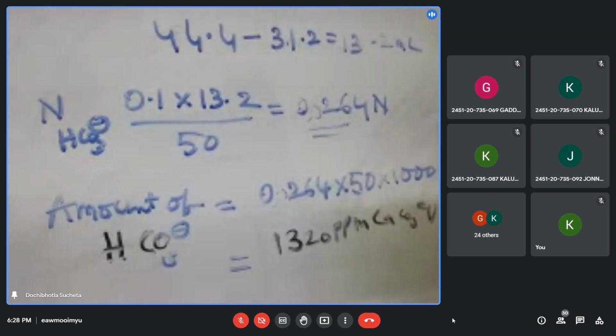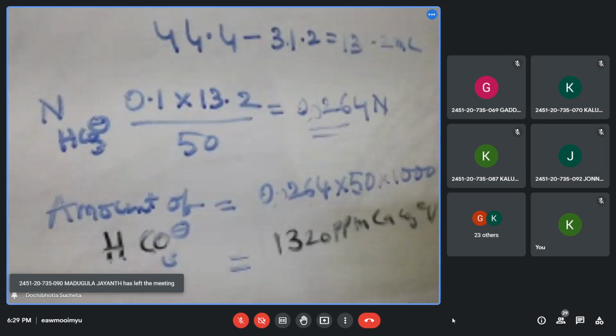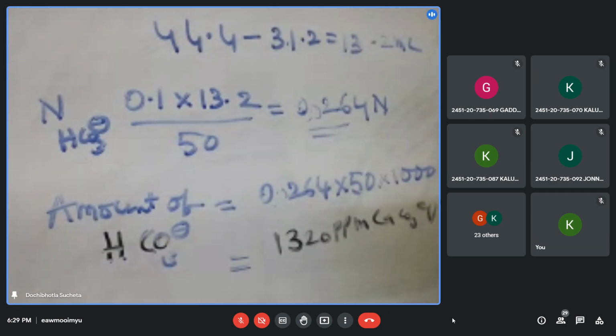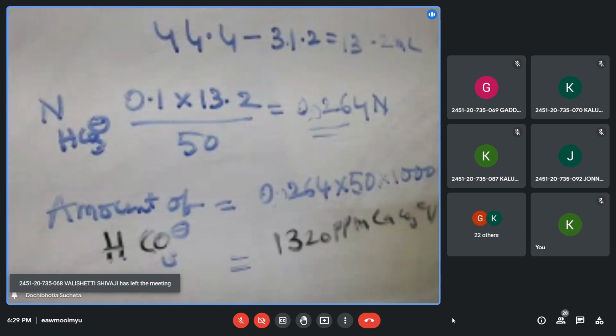Just on Sunday we'll start with the fuels topic. I'm planning to explain, but if there is a problem, I'll just show the PPT. My target is not to finish the syllabus. My target is to make you acquainted with the syllabus so that when you're reading for your exam, you'll feel more confident. That's the only thing making me work for so much time.